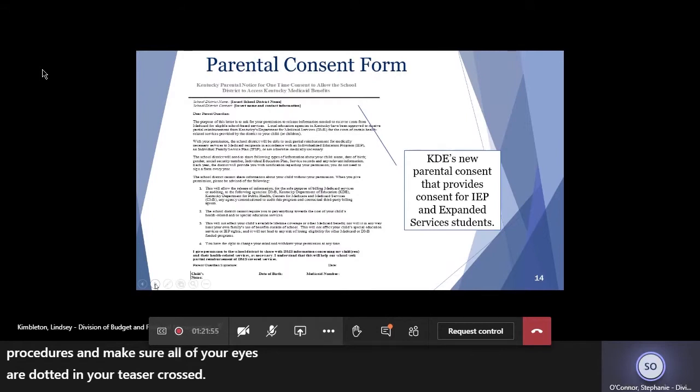To wrap up parental consent, here's a copy of the dual parental consent that schools must use to participate in the expanded access portion of the program. Please know that this parental consent does not void out the current IEP parental consent. Also, schools must use this parental consent and once again may not alter it in any way. Please remember that the parental consent is only valid from the date it is signed. You cannot bill backwards. This form can be found on the KDE Medicaid school-based website. We will provide the link at the end of our presentation, and both English and Spanish versions are available.